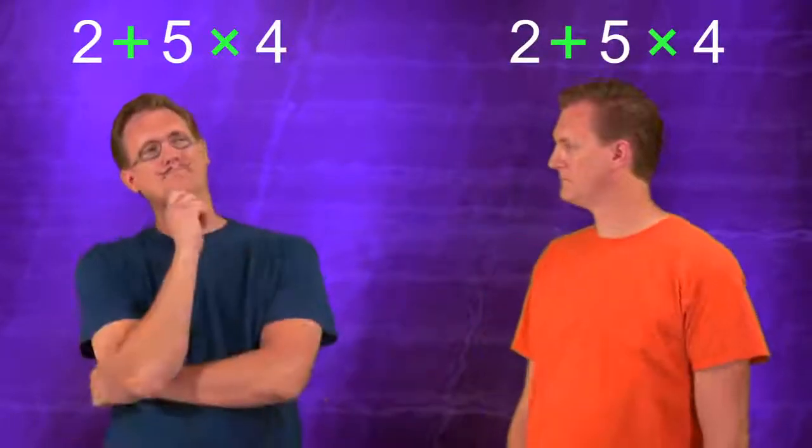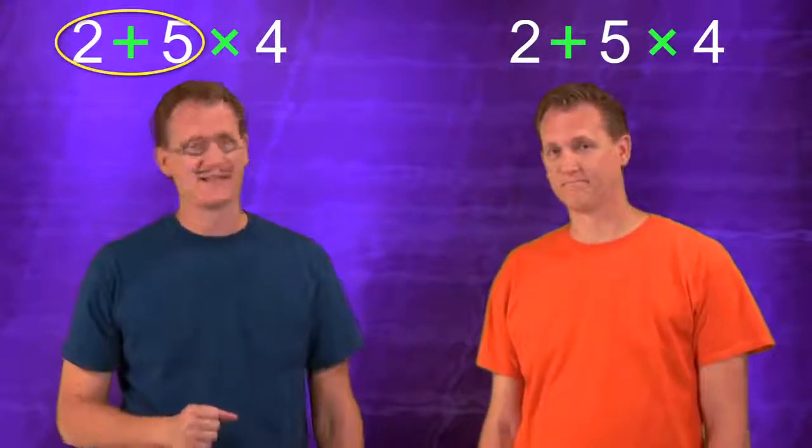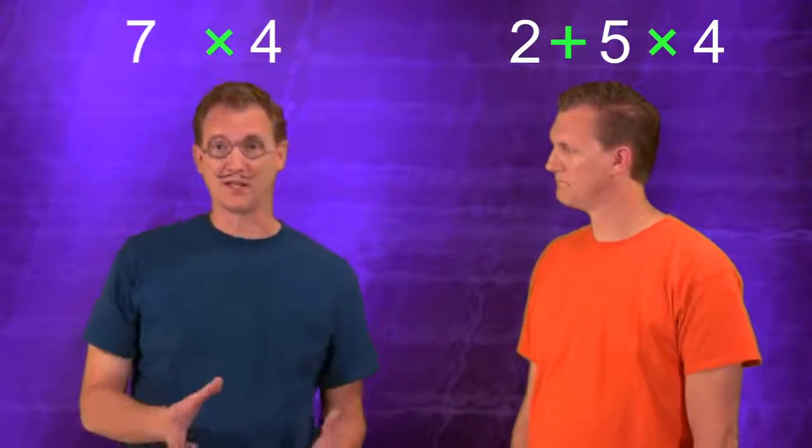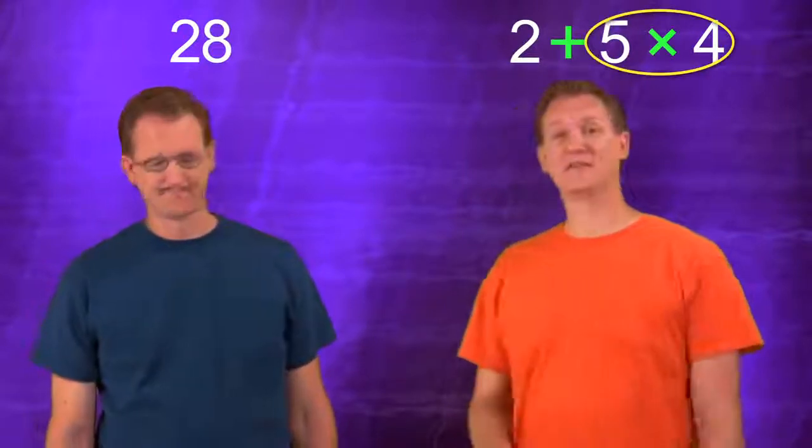And to answer it, we're going to give two totally different people the same math problem to solve. The problem is 2 plus 5 times 4. I like addition better than multiplication, so I'm going to do that first. Let's see, 2 plus 5 gives us 7, and then I just multiply that 7 by the 4, and I get 28. That was easy, but you'd better not copy my answer. Don't worry, I'm not going to copy your answer because I want the right answer. And I prefer multiplying, so I'm going to do that first. Let's see, 4 times 5 equals 20, and then I'll add the 2, which gives me 22 for a final